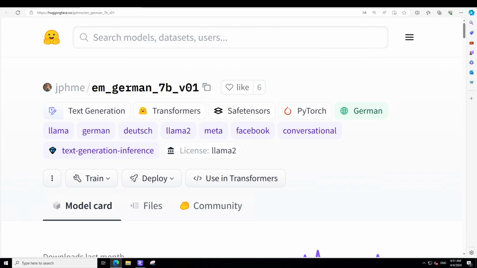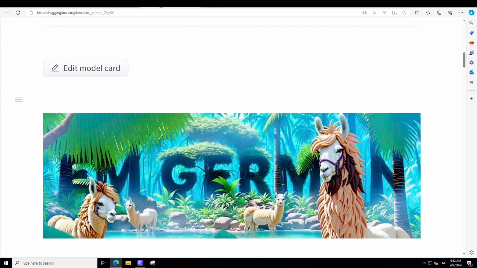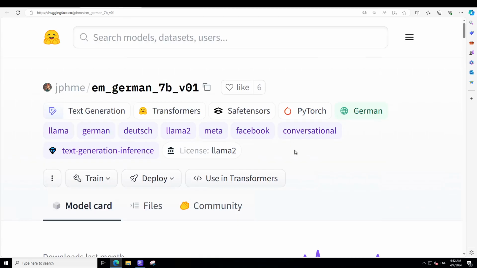They offer versions based on 7 billion, 13 billion, and 70 billion Llama 2, and Mistral Leo LM, which is Llama 2 Mistral with continued pre-training on German text model. There are a lot of good things happening with this EM German, and you can find the rest of the information on its Hugging Face model card, and I will be dropping the link to that model card